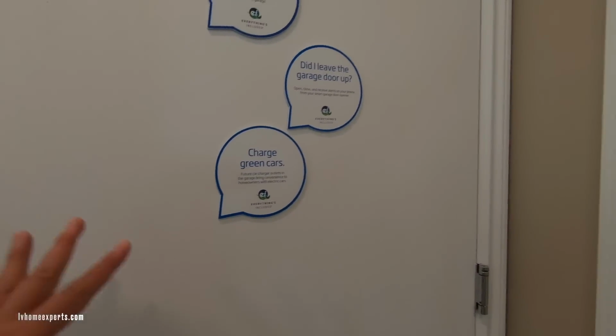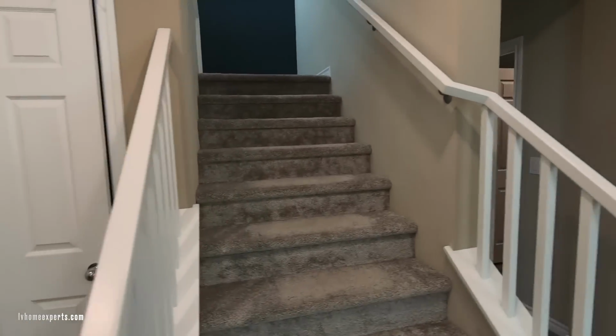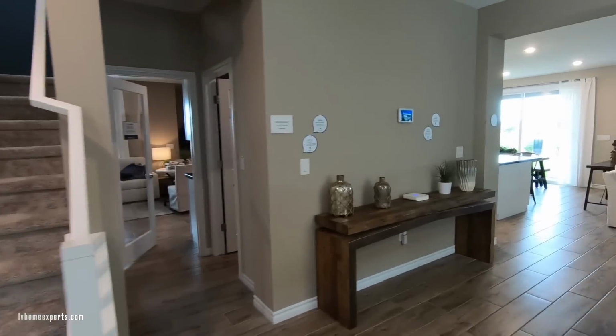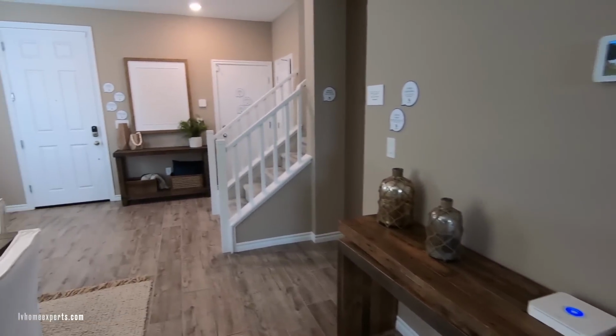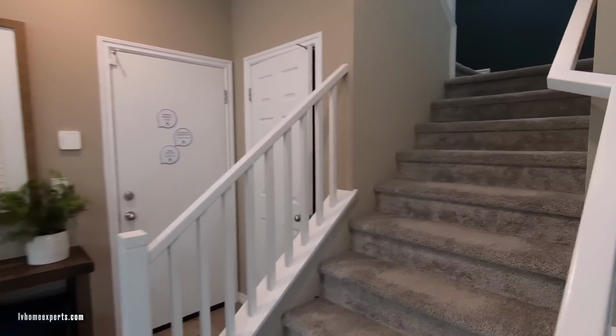Here's your 3-car garage. We can't gain access to it. And some more storage. Now, what we're going to do is we're going to head upstairs. Now, what I like about... Oh, look, there's a ring here. Oh, that's cool. Now, they do normally have a system with this builder where the home automated smart system where you have